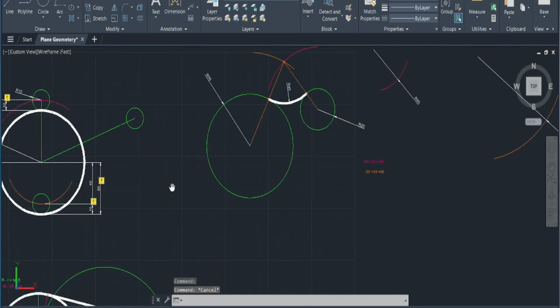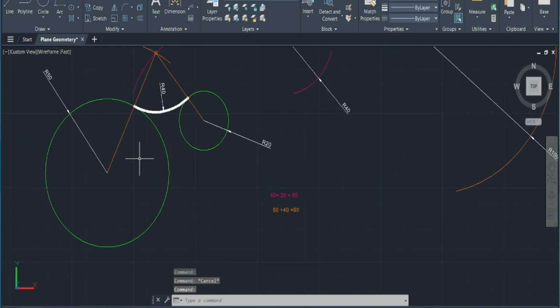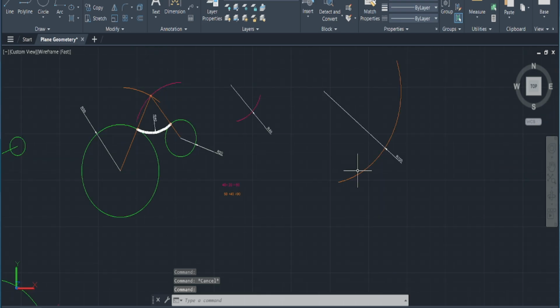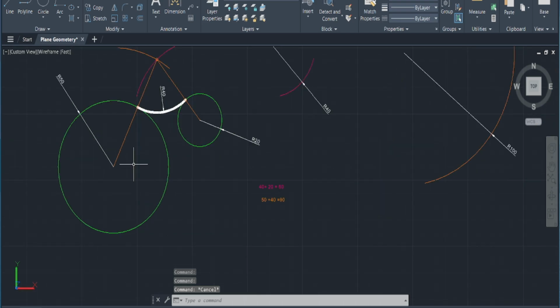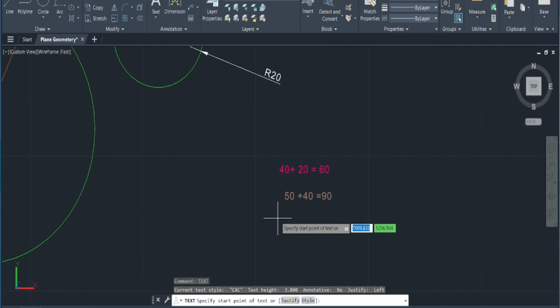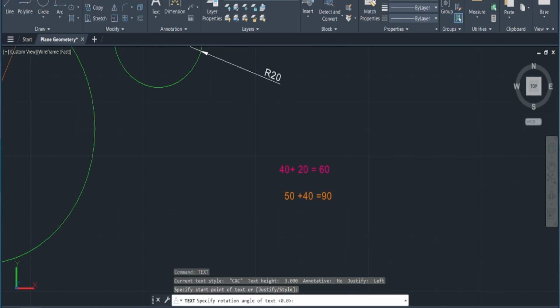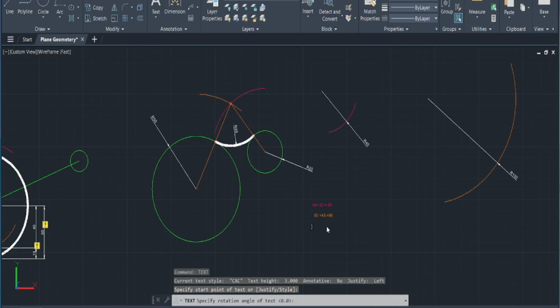So if I'm coming across here, I would say, okay, we have this radius of 100. I'll first come here, I'll be text, TXT, right. I'm gonna put across here, I'm gonna say